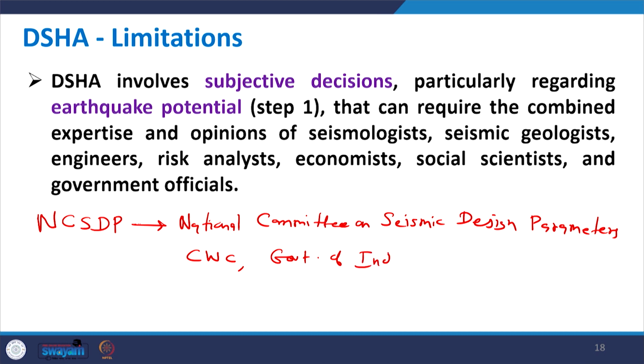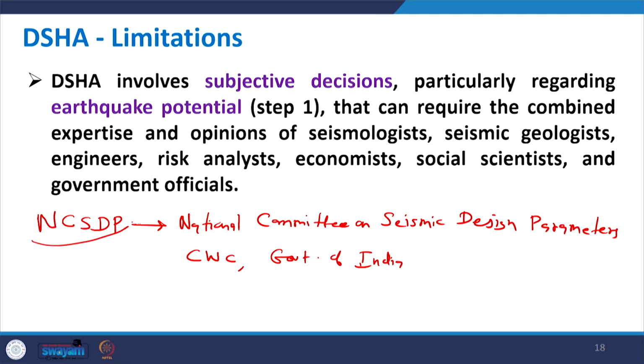So this committee has high powered members. The head of our Department of Earthquake Engineering at IIT Roorkee is a member of this committee by default, ex officio. In this committee, NCSDP, many experts sit down and decide about the issues after some calculations and scenarios, that what should be there. So for major projects, for example dams, then bridges and other projects.